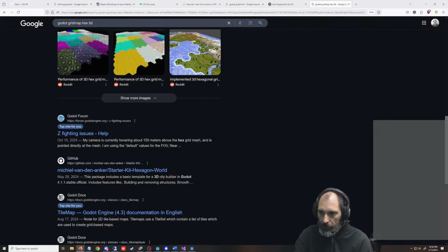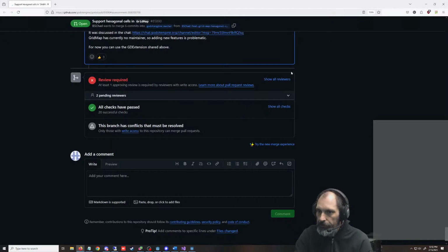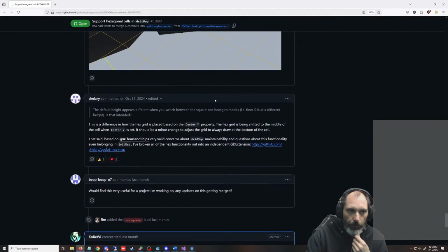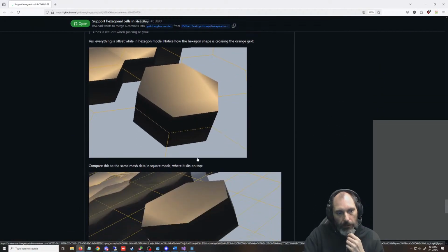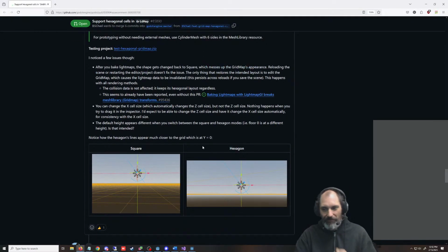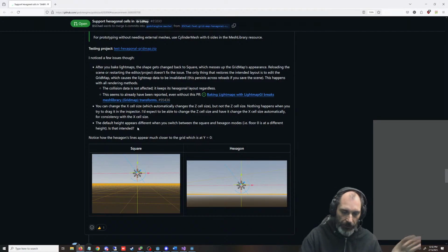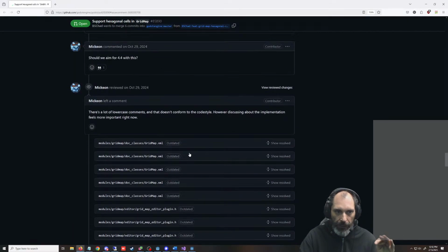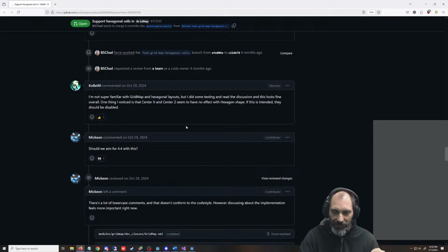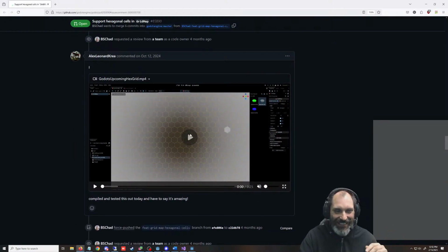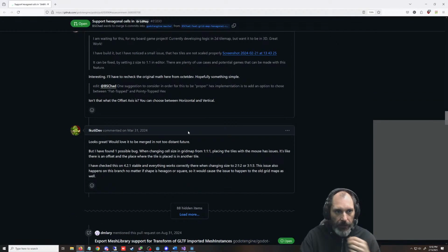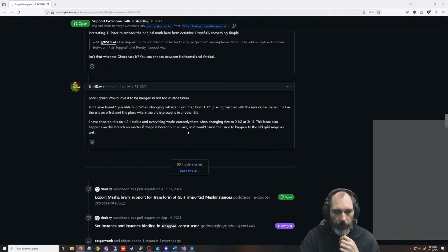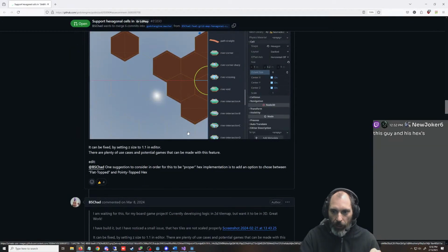So somebody's going to add hex support, 3D hex support. I don't know if I'm actually ready for it, but I have a game that's 2D hexes that I want to convert to 3D. It's not a game yet. I have an idea and I would like to be able to use it there. So this is now like a plugin or something. And so one person, yeah, Joker knows me and my hexes.